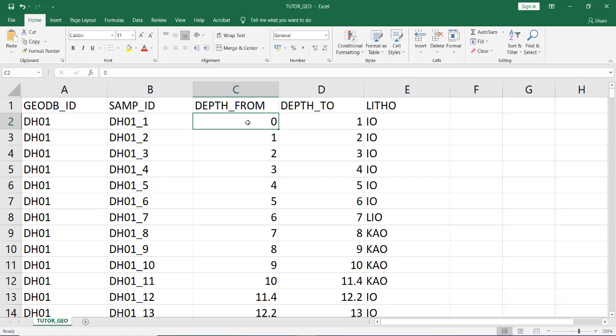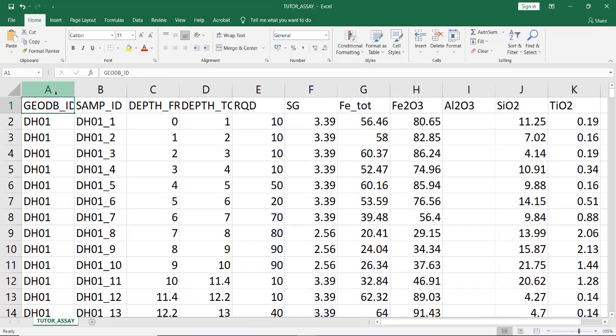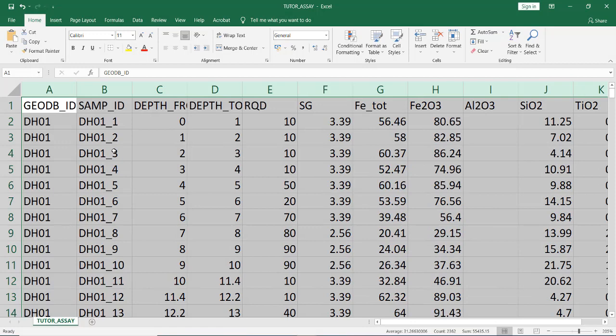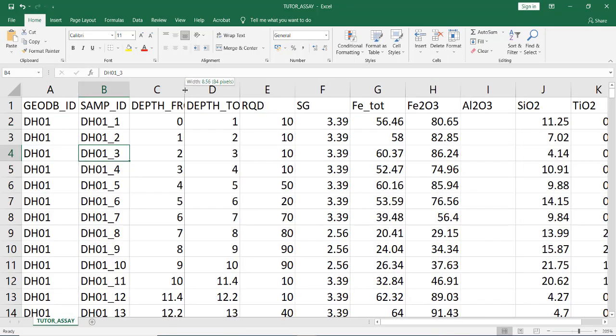Elevation, depth from, depth to, 0, 1, 2, 3. This is 1 meter depth. Lithology. Okay. Next, we check the assay. Sorry for my wrong spelling in English.